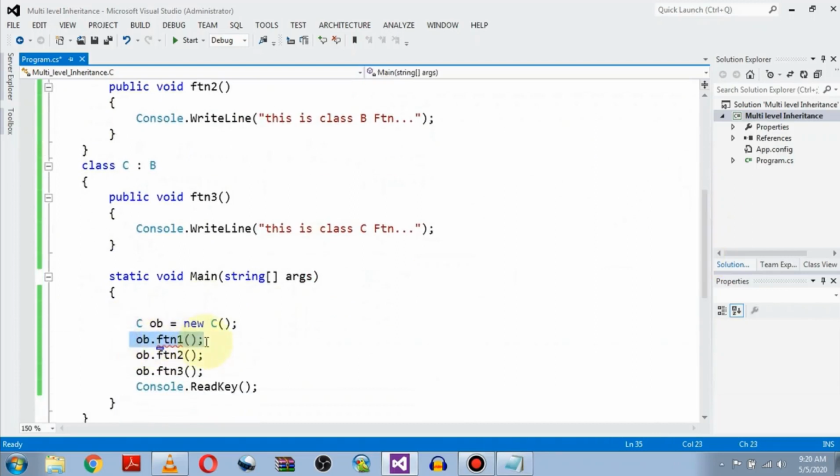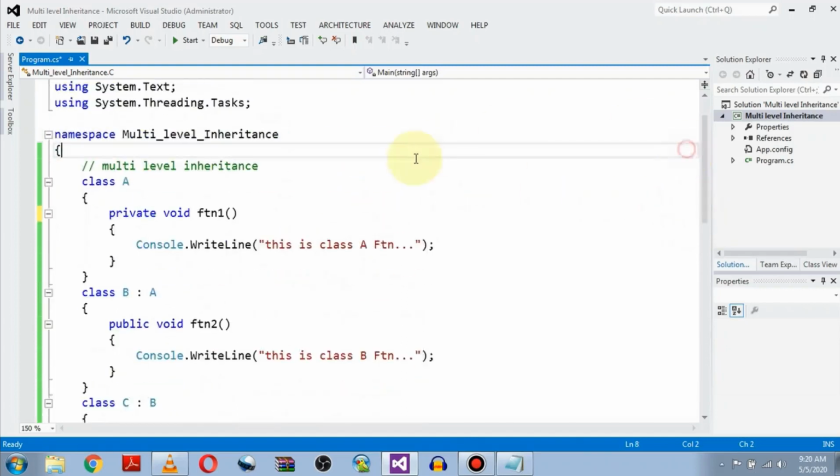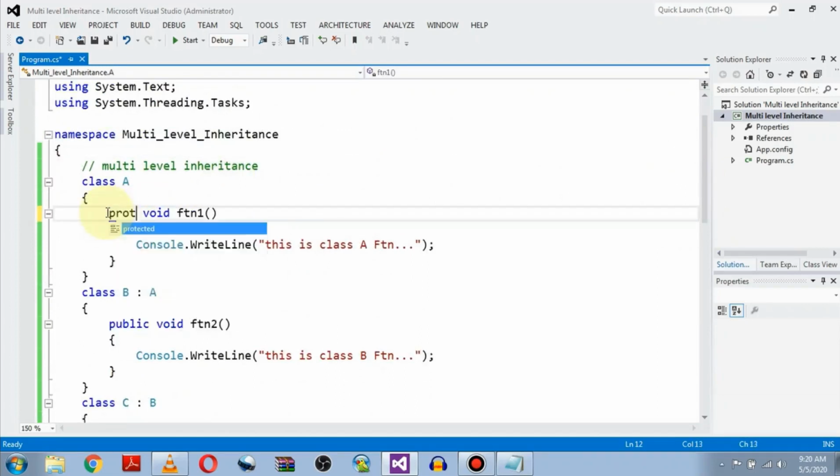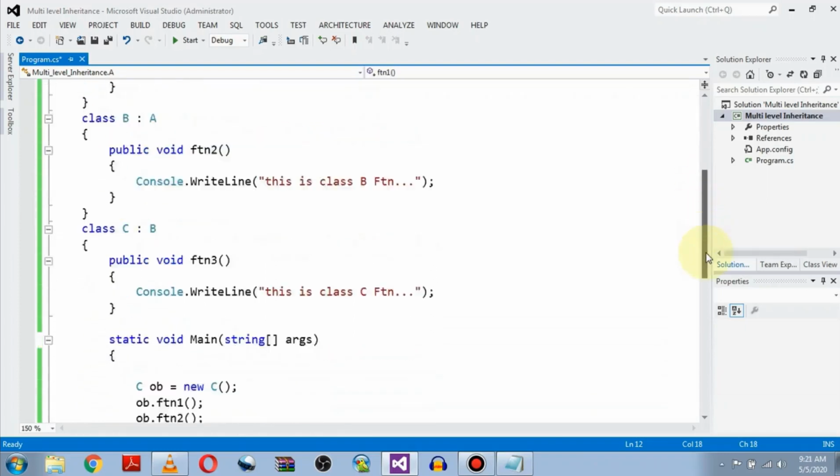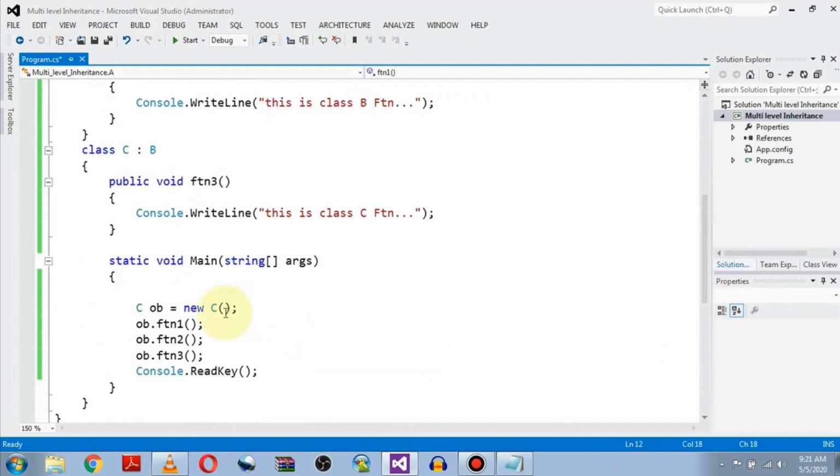If you can clearly see, there is an error message that it will never be accessible because it is private. So let me make it protected. Will it be accessible? Let's see. Yes, it is accessible. If you can clearly see, there is no error.